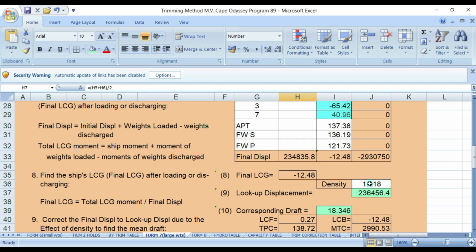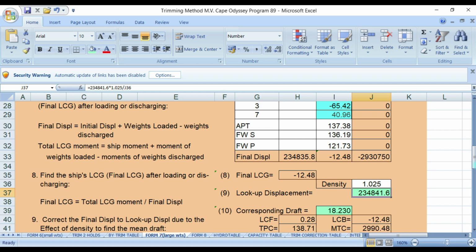So you put this 1.025, and change this displacement.